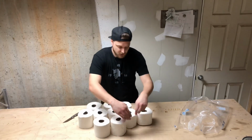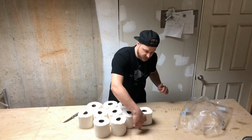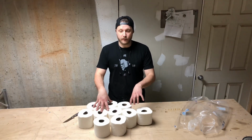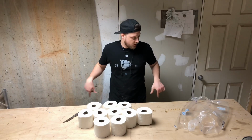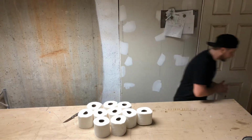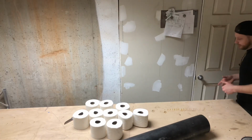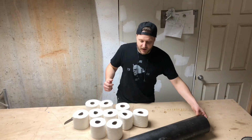So something like this. I want to make a design that has this cloud shape, so that way I can stack as many toilet paper rolls as I want on the wall and make it look really cool. And what I bought is this big bad boy. It's a 6-inch pipe that I bought at a